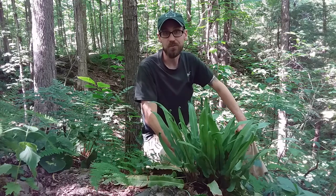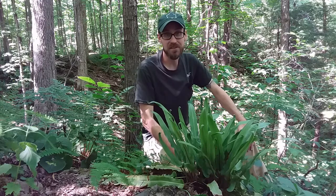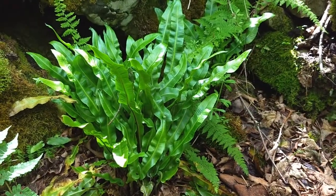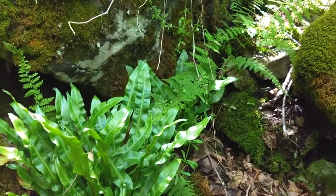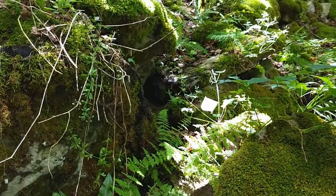The exact reasons why the hartstongue fern is so rare are not fully understood, but we do know many things about them. We do know that they're extremely sensitive to changes in climate, and we know that they have very specific habitat preferences. The hartstongue fern is strongly associated with the Onondaga Escarpment, a rocky outcropping that was formed during